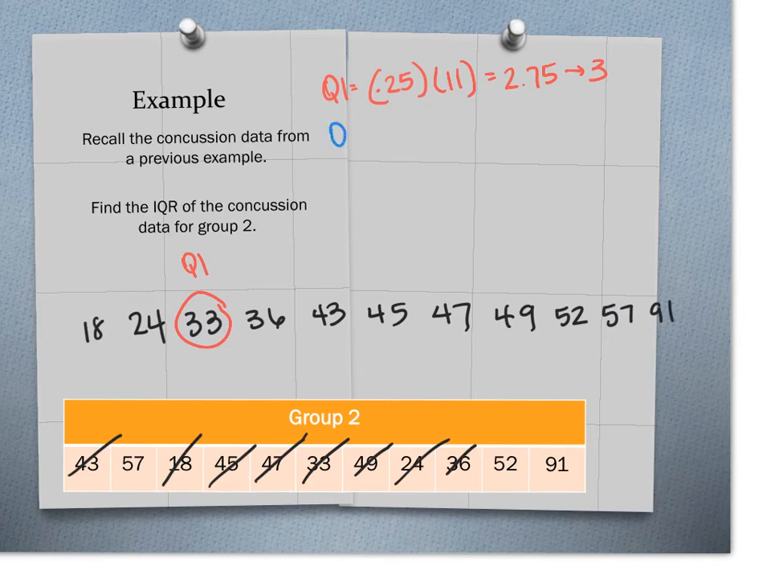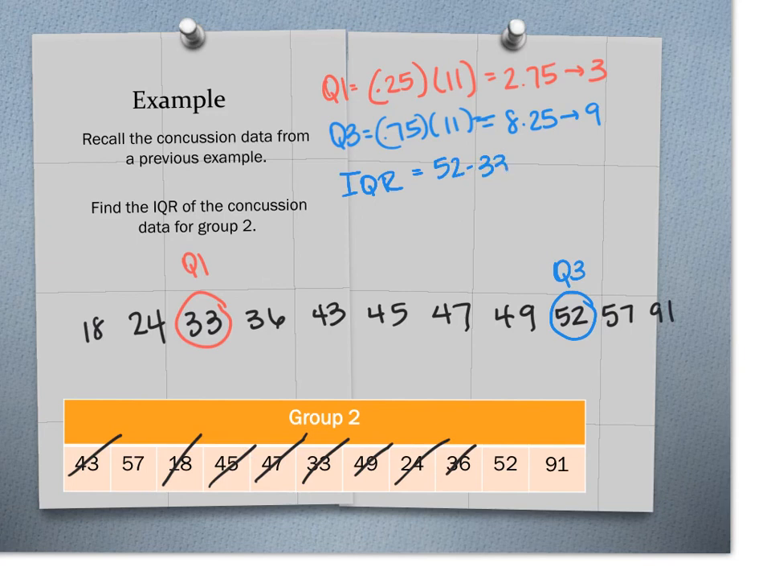To find Q3, which is 0.75 times 11, we get 8.25. And again, we round this up to 9. So it's the ninth observation. So we get 1, 2, 3, 4, 5, 6, 7, 8, and 9, sitting here at 52. So here is Q3. And now, the IQR is equal to 52 minus 33,